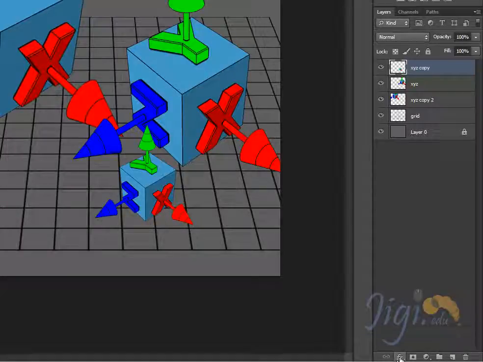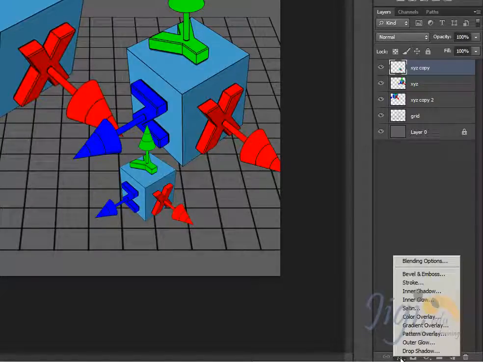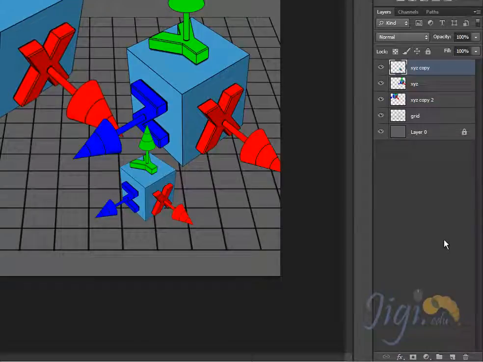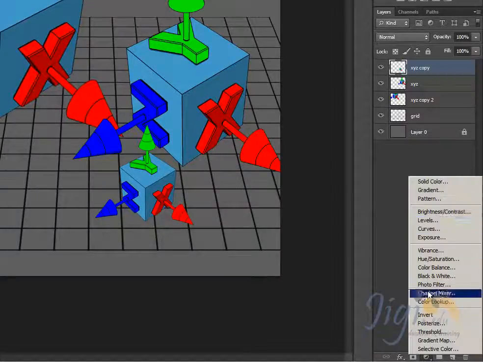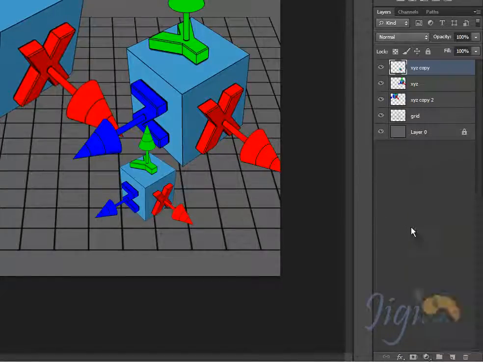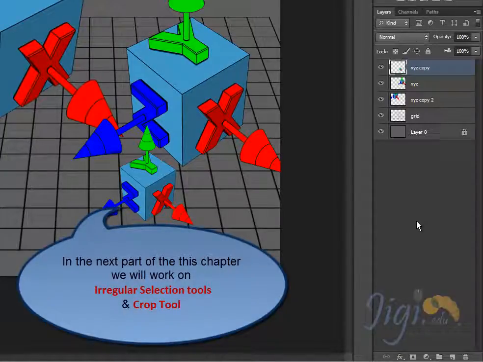There are some special effects, like these layer effects, which we will see in a later chapter. And you have the layer mask, which is a very powerful feature in layers. Another one is the layer adjustments. We'll see this again in some coming chapters. Okay, we have covered the basics about the layers, and that will be very helpful for us to do some exercises in the next coming